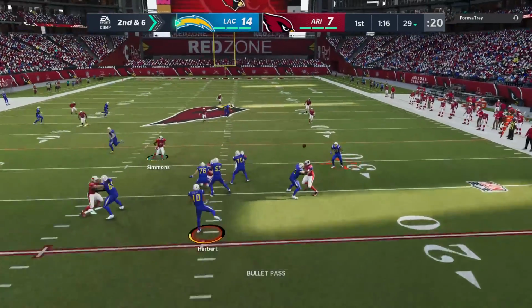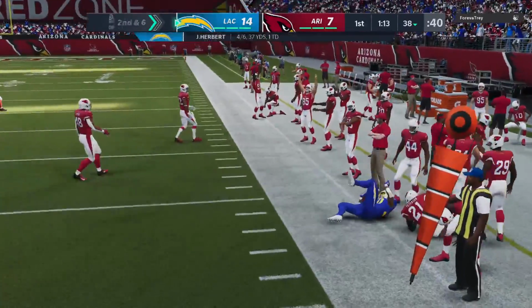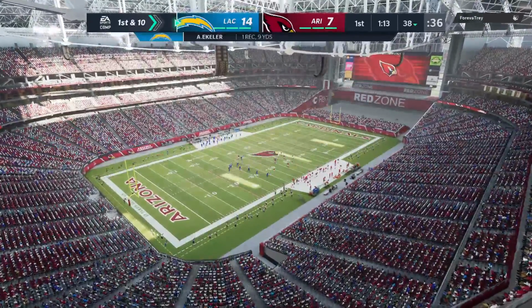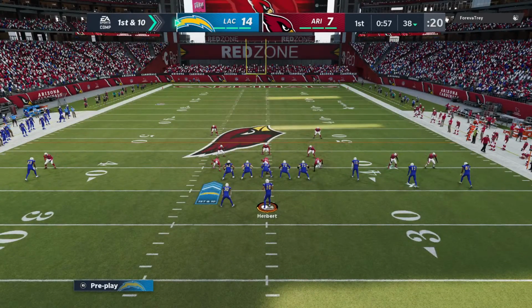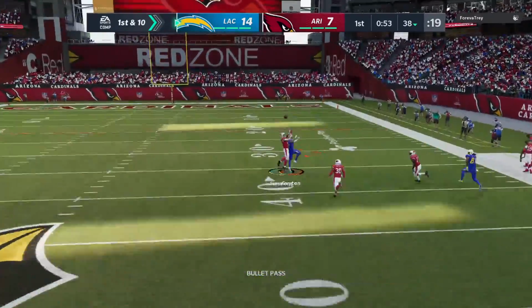From the shotgun, here's Herbert. That's into the hands of Eckler. And he gets this up across the 35 before he's out of bounds. 9 yards to pick up there, and it's a first down. We've seen quite a bit of the short passing game here early on first quarter, haven't we? We have, and I think it works a couple of ways for this team because, number one, you throw the short game until they stop it. And if they're not going to stop...